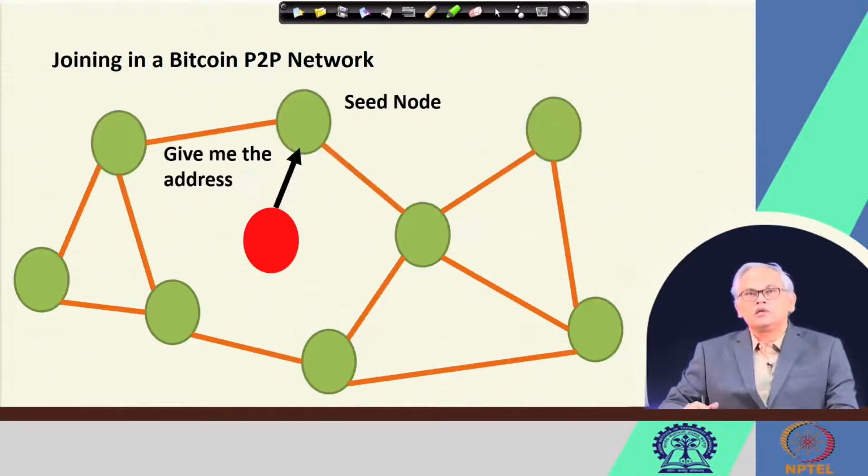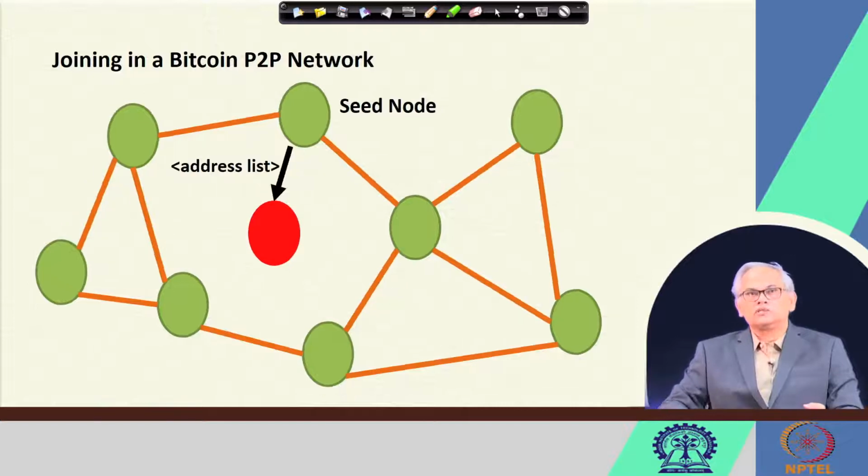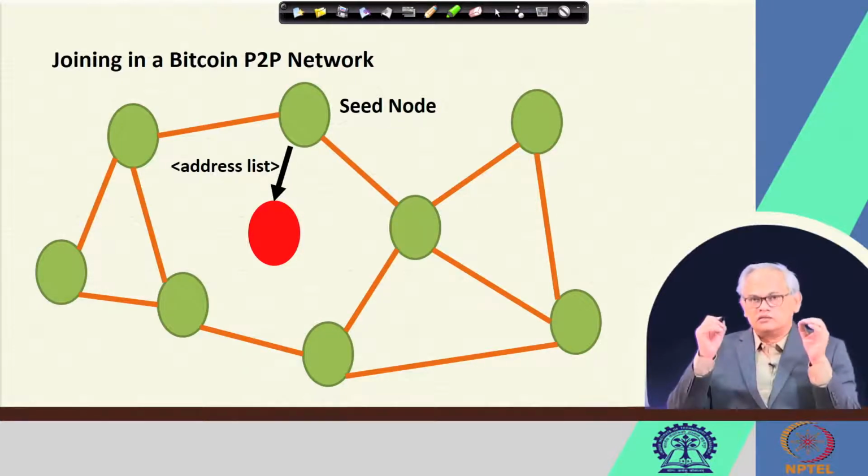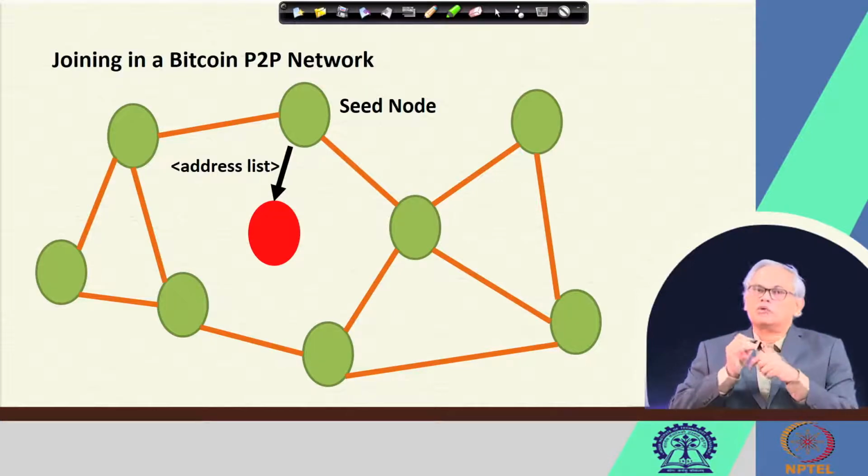So, what it will do is that it will first have a seed node to which it will ask: give me an address for joining this particular network. And when this seed node gets this request from the new node, it will send the address list. Okay. And this address list also would mean that in a P2P network, and specifically in the Bitcoin network, what happens is that